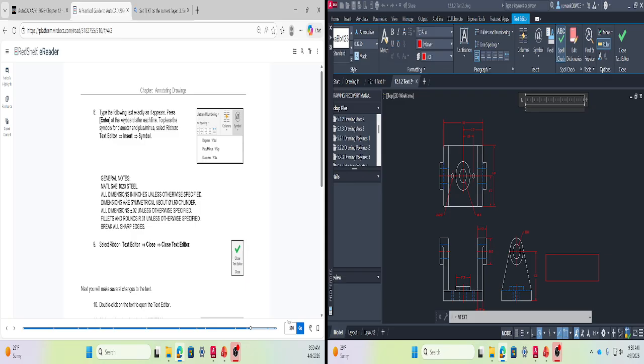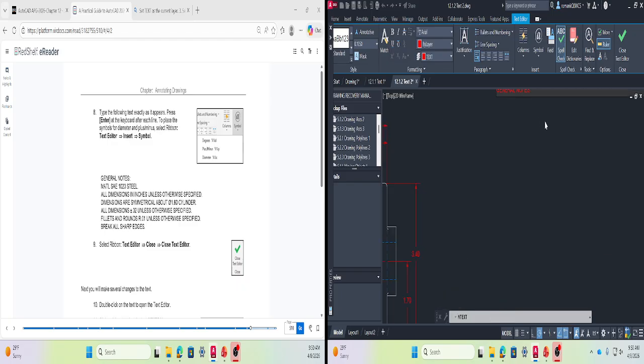So these are the text you'd like to put somewhere in the drawing, in the model window. The way you can do it is very straightforward. Just start typing it, just like you are typing in a Word file. You want to make sure caps lock is on, right, because all the text is in caps. So you'd like to start typing. So general notes, and it's a little small in my case. Let me try to make it a little bigger so you can see. All right, and then